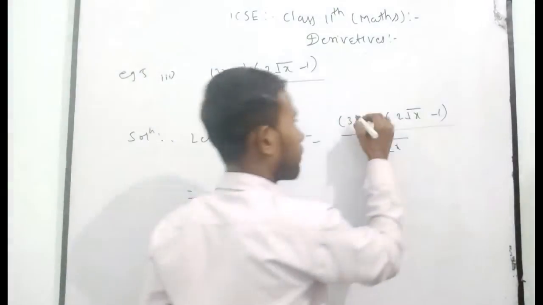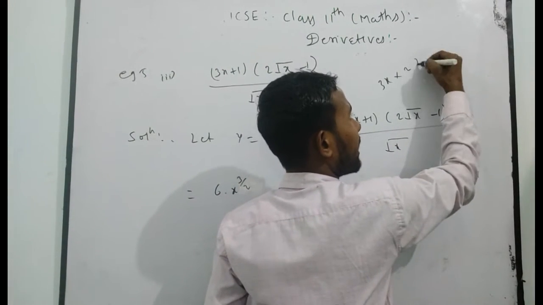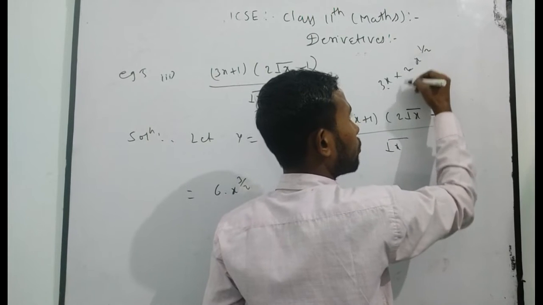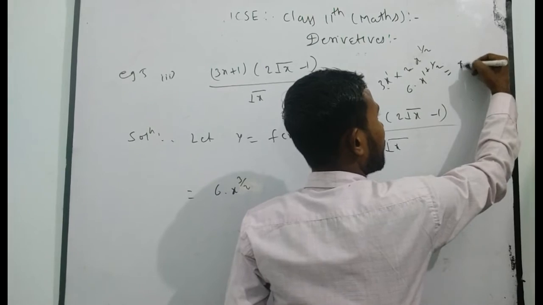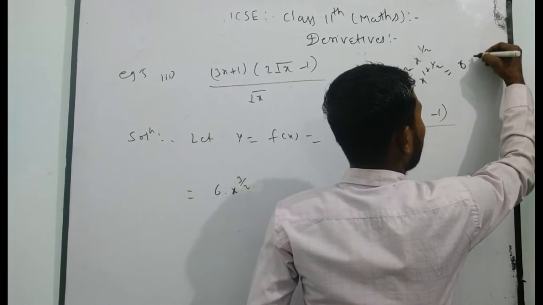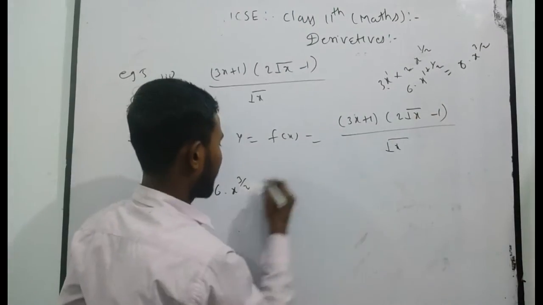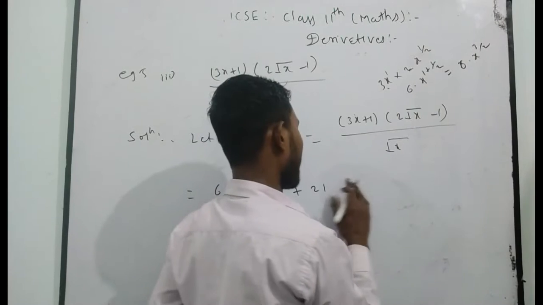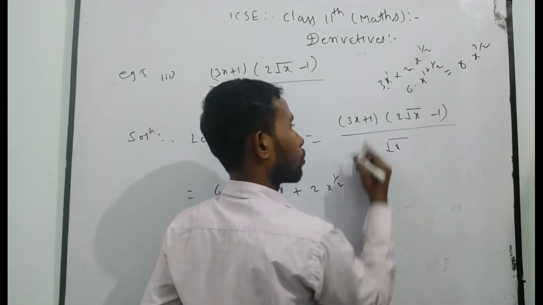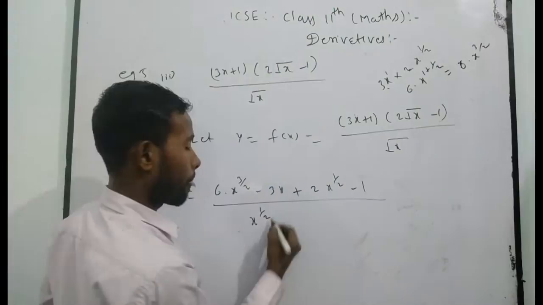How? Because if you multiply 3x into 2 root x, what is root x? x to the power 1 upon 2. It is 3 into 2, 6, into x to the power 1 plus 1 upon 2. What will we get? 6 into x to the power 3 by 2, which I have written here. Similarly, if you multiply by this term, then we get minus 3x plus 2 into root x minus 1 by root x. Root x means x to the power 1 by 2. Now you have to